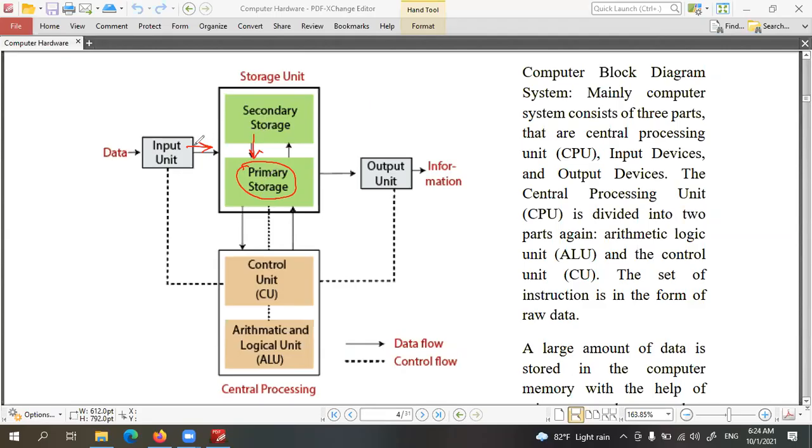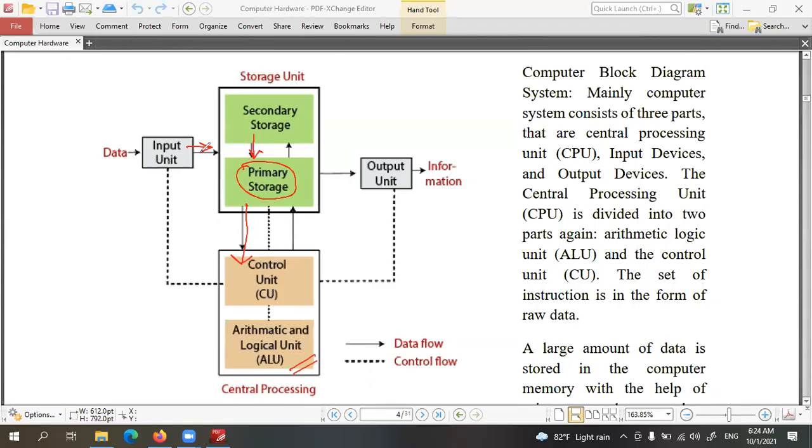Right, you can see all the data initially comes here. After that, this data will be sent for processing to the central processing unit through the control unit. The arithmetic logic unit is the main component which processes data, it's the calculator actually.